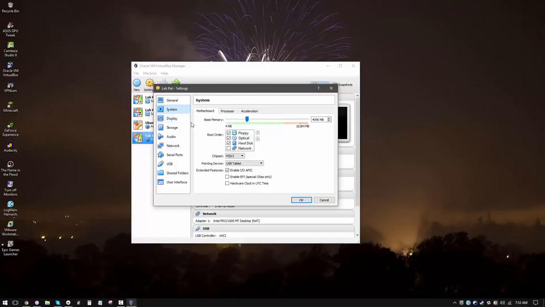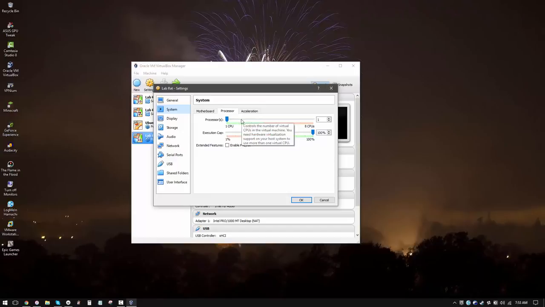Now going under system, as you can see, we have our RAM allocated over here. You can also allocate specific cores of your processor. Once again, it's critical to understand that you should always have enough free cores on your host system. So if you're allocating more cores, if you really need to,